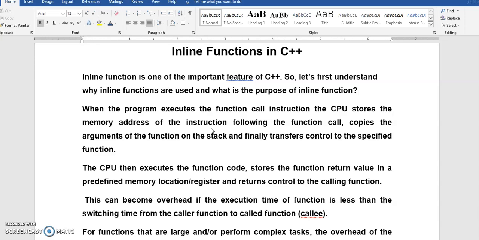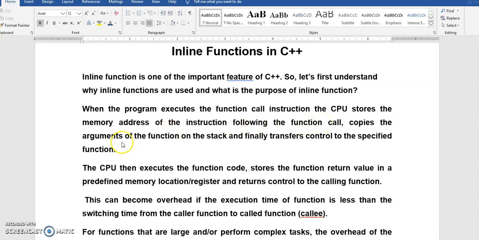What is the job of the CPU? The central processing unit is going to process whatever instruction is available. So what is the next instruction to be executed? Whenever you call any function, that function is the next instruction, right? So that function's address needs to be stored in the CPU for execution.